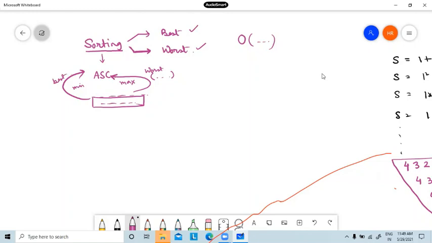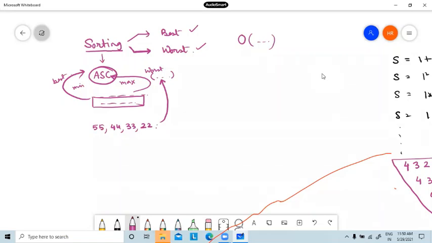So suppose I have to perform ascending order sorting and my data sequence is this one: 55, 44, 33, 22. Since I need ascending order and this sequence of data given to me is in totally reverse order, I will take maximum time to sort it. So this sequence is called worst case.